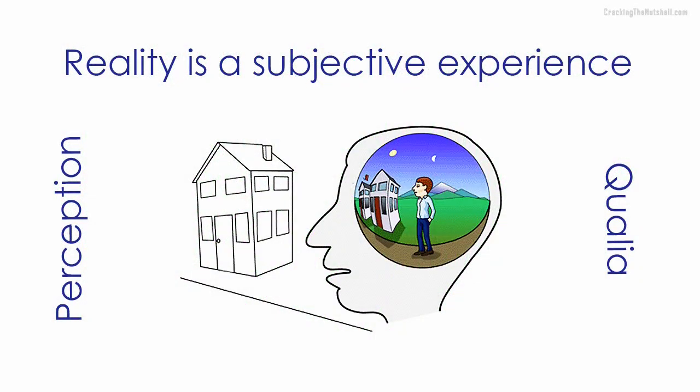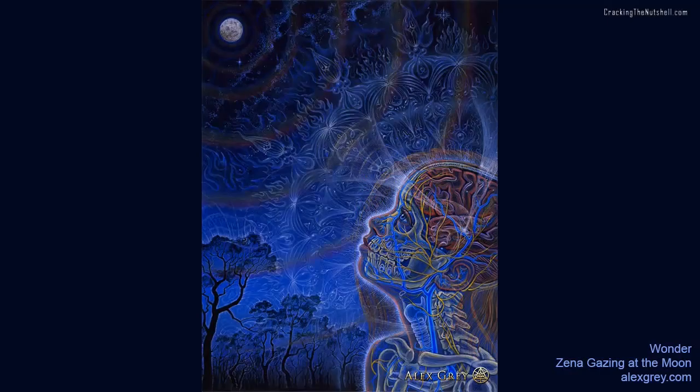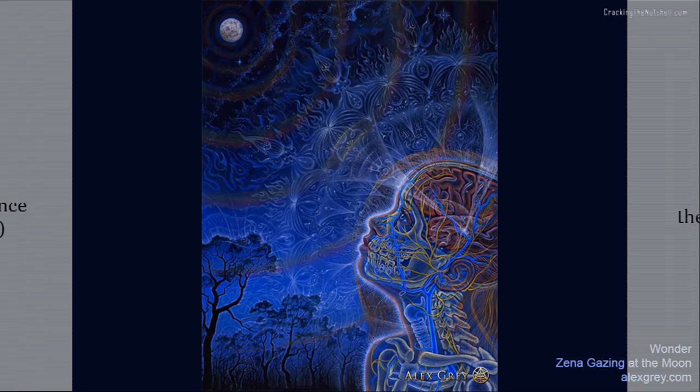Reality is a subjective experience, it is perception, it is qualia. In this way, information represents the connection between the observer and the observed. It encapsulates the link between the subject and the object, the relationship between what we conceptualize as the external world and what it feels like to experience this external world from within.